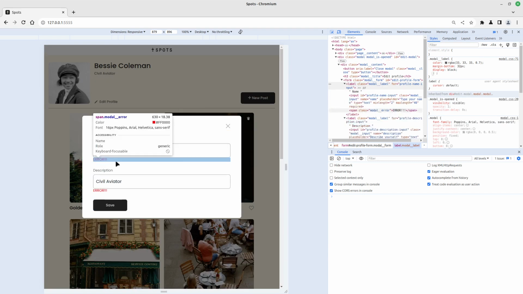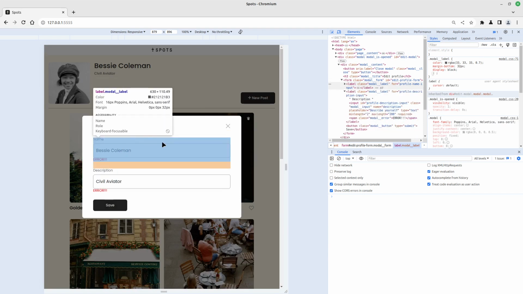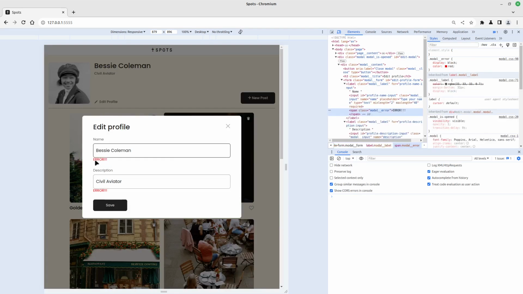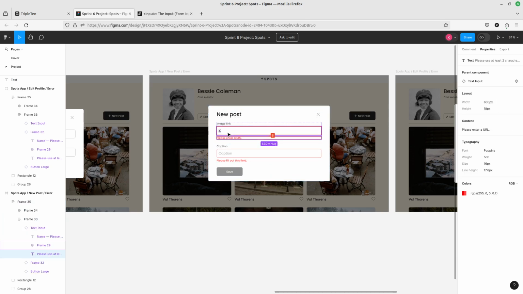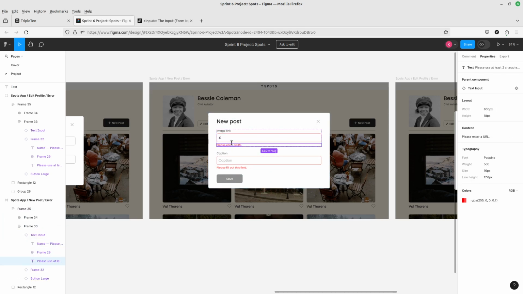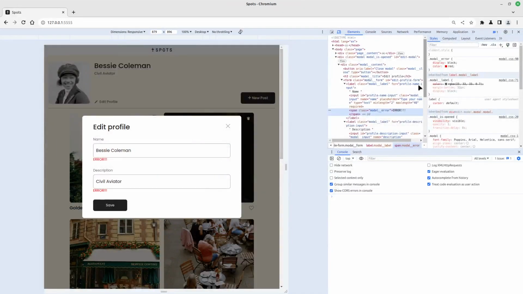So we've got that 32 pixels distance between the error message and this, when the error message is visible. We just need, was it 8 pixels? 8 pixels between the input element and the error, which we could do with,